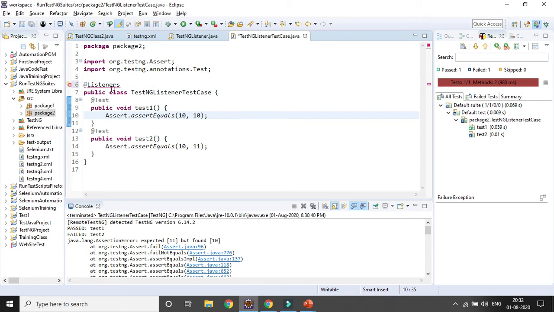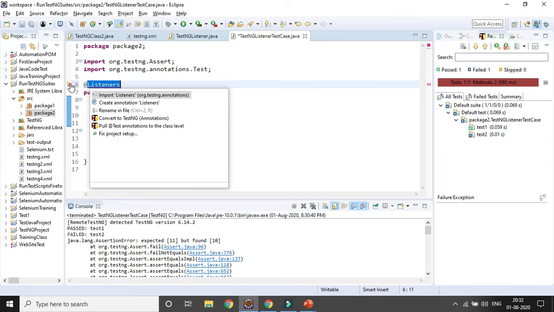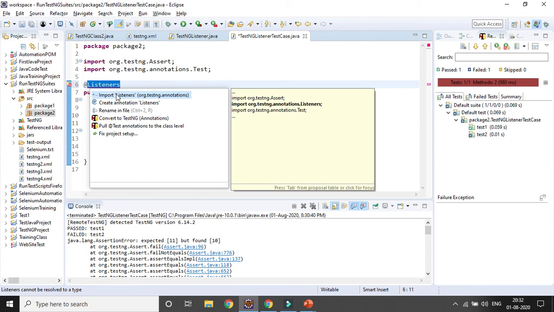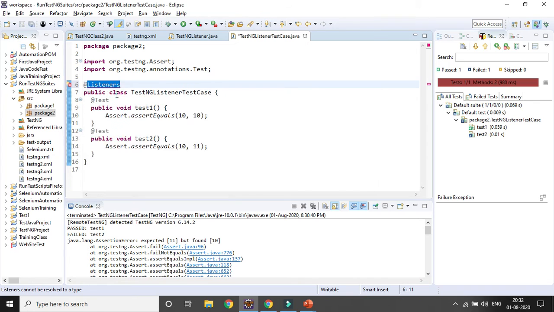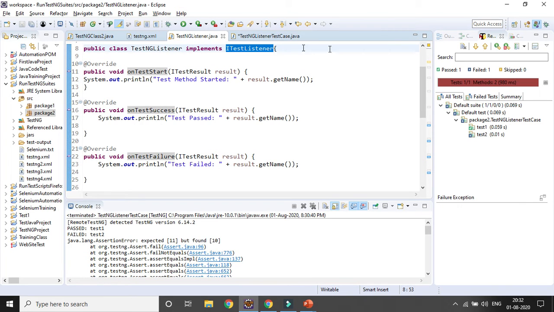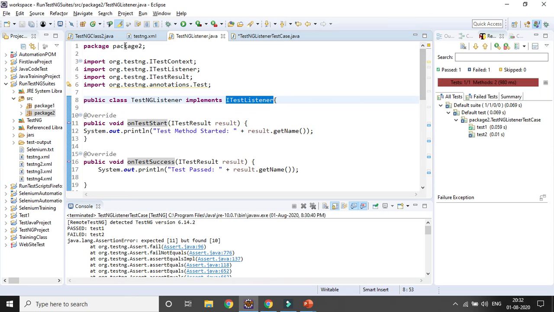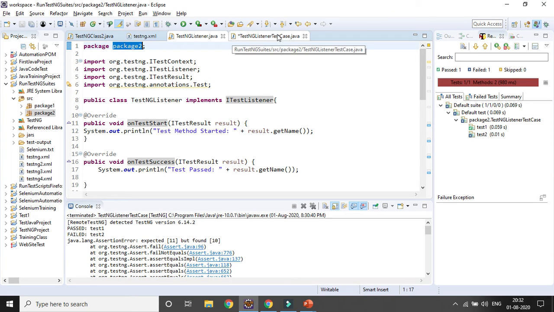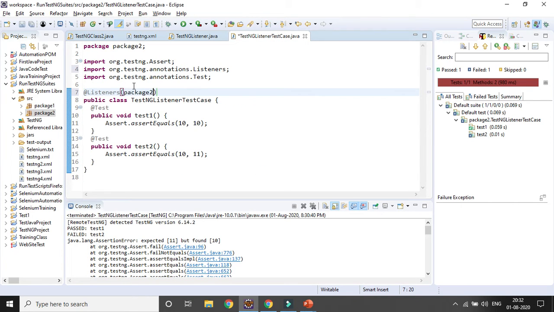Okay, so here some error message will be coming. You need to import the Listeners annotation from org.testng.annotations. Okay, once the import is done we need to give the package name first. What is the package name? Package name is package 2. I need to give it here. That is the one way.